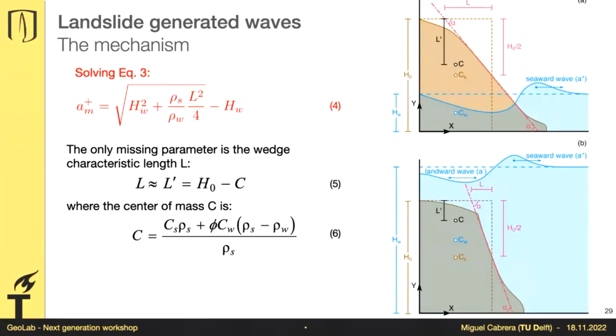And we want to make things even simpler. We don't care about the center of mass in the horizontal direction. We just want to know the center of mass in the vertical direction. Therefore, the middle height of the column and the middle height of the free surface water. By doing that, we get this letter C in equation 6. And by knowing C, we know L, and therefore we might be able to know the wave amplitude just by knowing the geometry of our problem at the beginning.